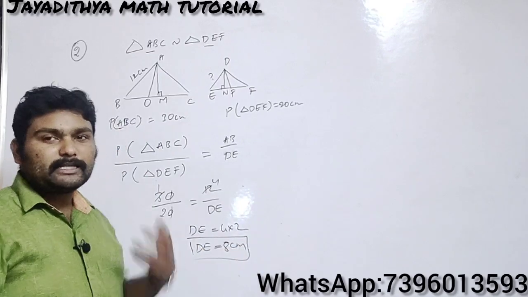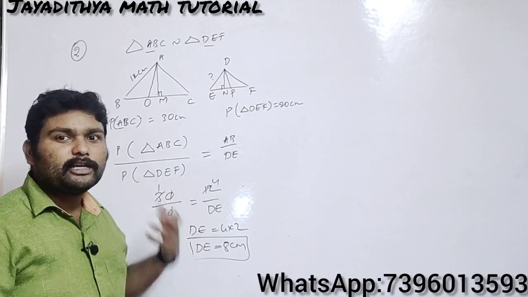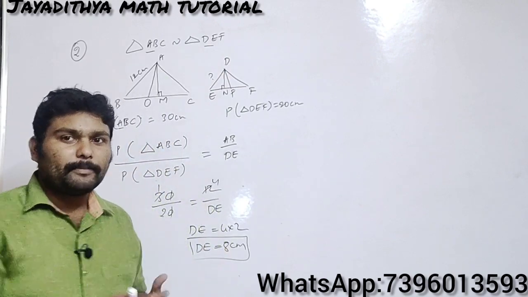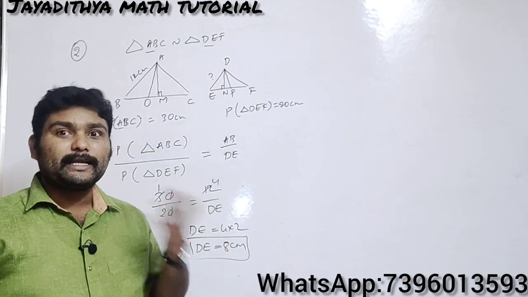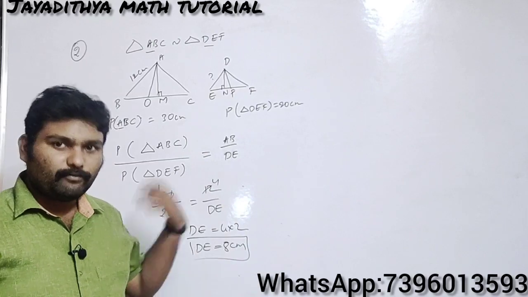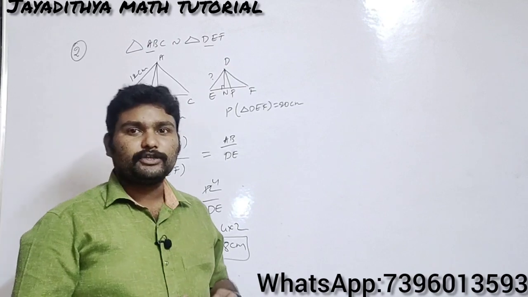This is a very important problem. When you see a problem related to perimeters, or a problem related to areas, this will play a vital role. Next we are going to do some other problem which is also very important. You might get that question in 4 marks. These questions you can see in the 2 marks or 1 mark section, but what we are going to discuss now will be a question for 4 marks. So do concentrate here.